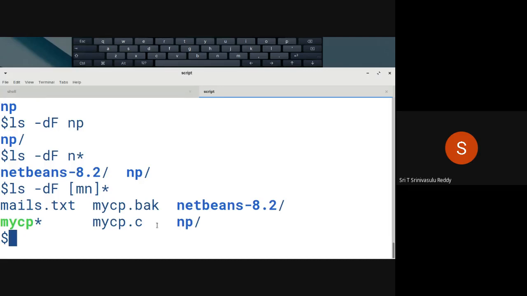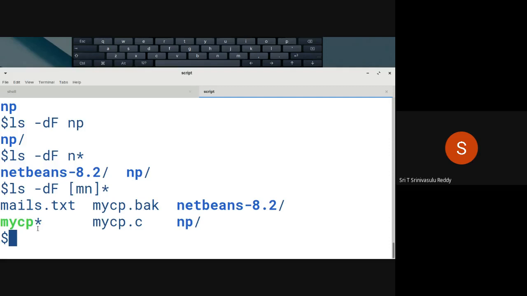See now, there is one file ending with a star here. Whenever you issue the capital F option, it displays a star at the end of the file, meaning that the file is an executable file. This myCP is an executable file which you can execute and get the results.